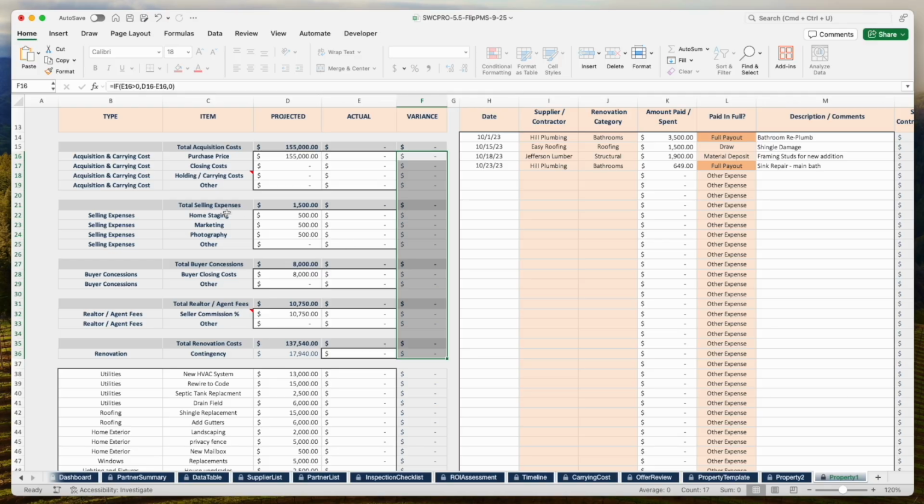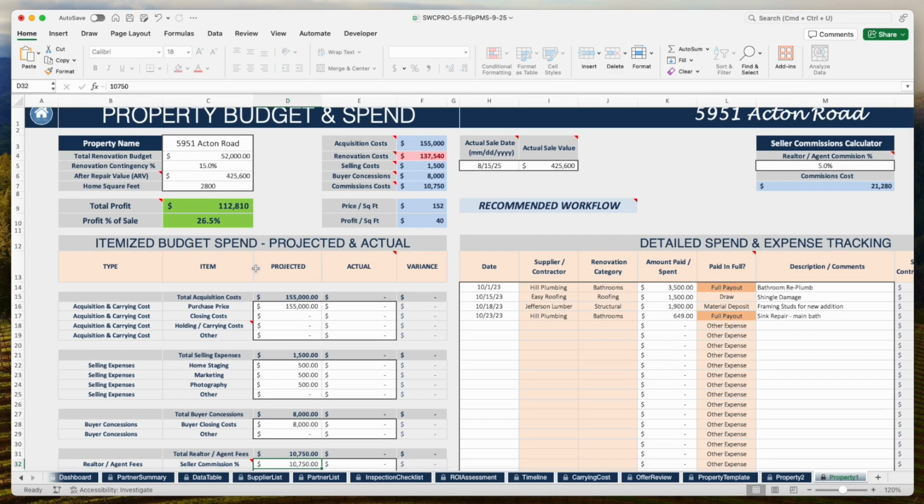Now, the next one is home selling expenses. I've got staging, marketing, photography, and another one, buyer concessions, so closing costs, maybe something else, and realtor agent fees, sale commissions. Now I have a neat tool for this. It's a calculation based on the total cost of the house and what percentage you might pay. So with the 425,600, which I've got,